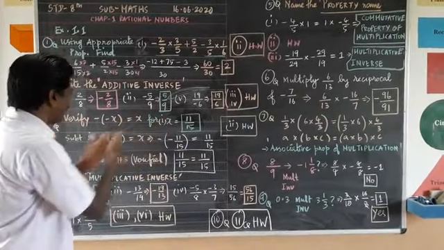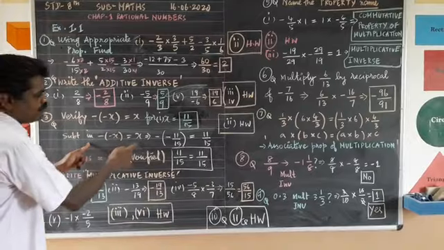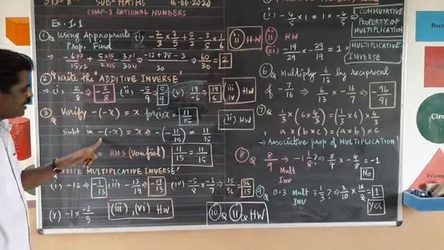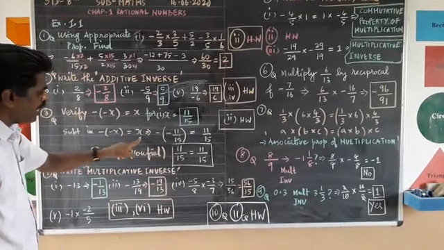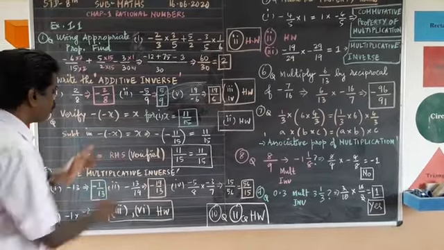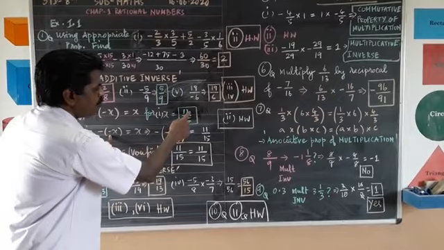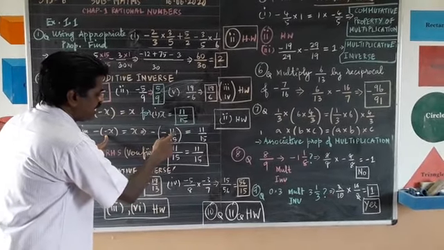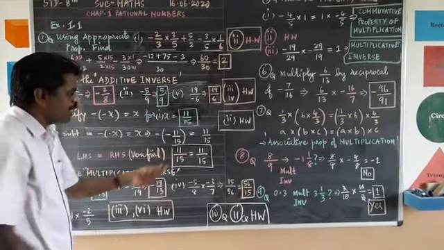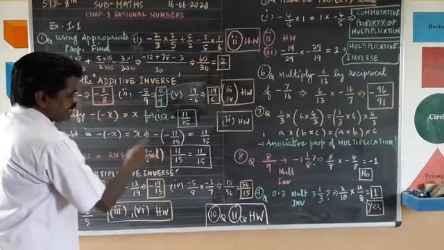So I am taking the formula here. Substitute in the given formula. What is that? Minus of minus x equal to x. Both the sides should be equal. So I have taken minus, then inside minus x. Here 11 upon 15, so put minus and 11 upon 15 I have substituted. Then it should be equal to the other side, 11 upon 15.